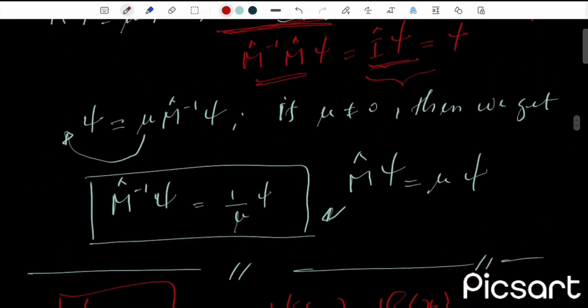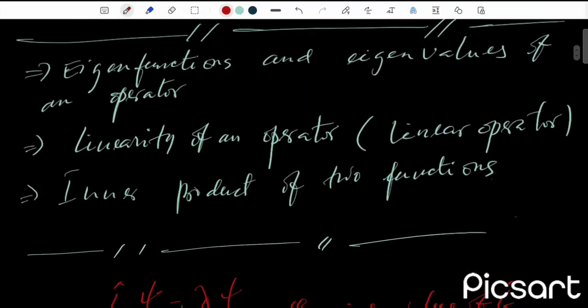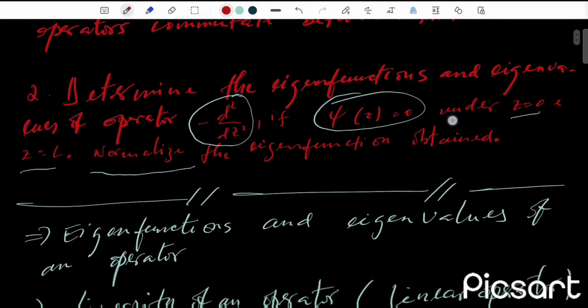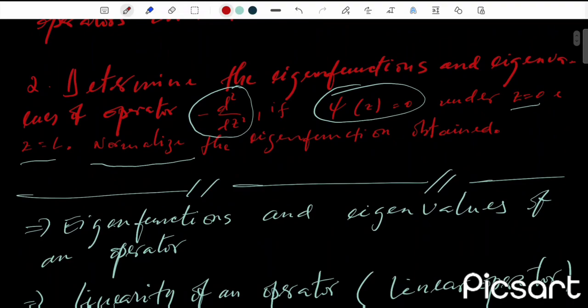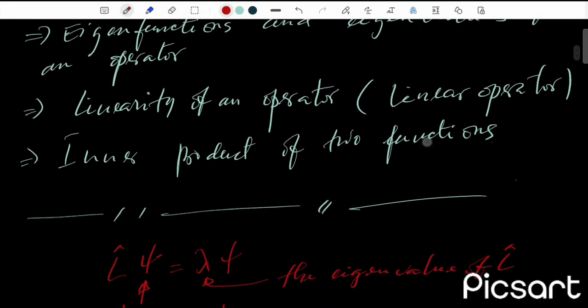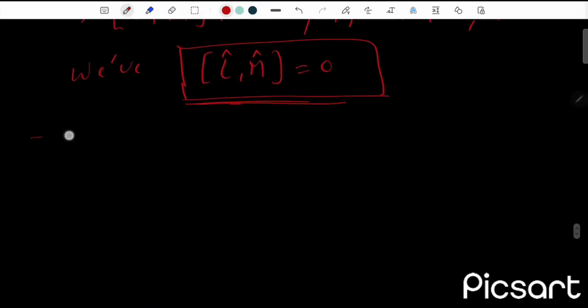Now we go on to trying to solve the second exercise, which is to determine the eigenfunctions and eigenvalues of this operator and normalize the eigenfunction. Then here for the second exercise,